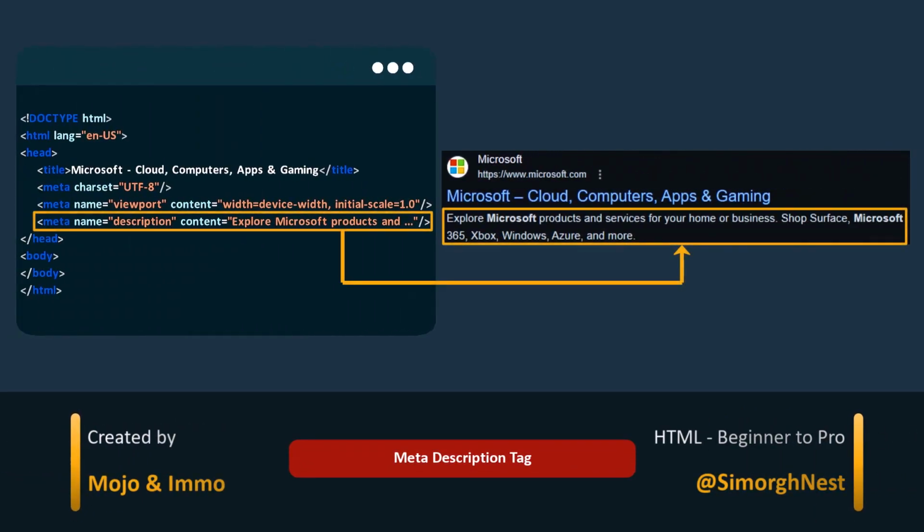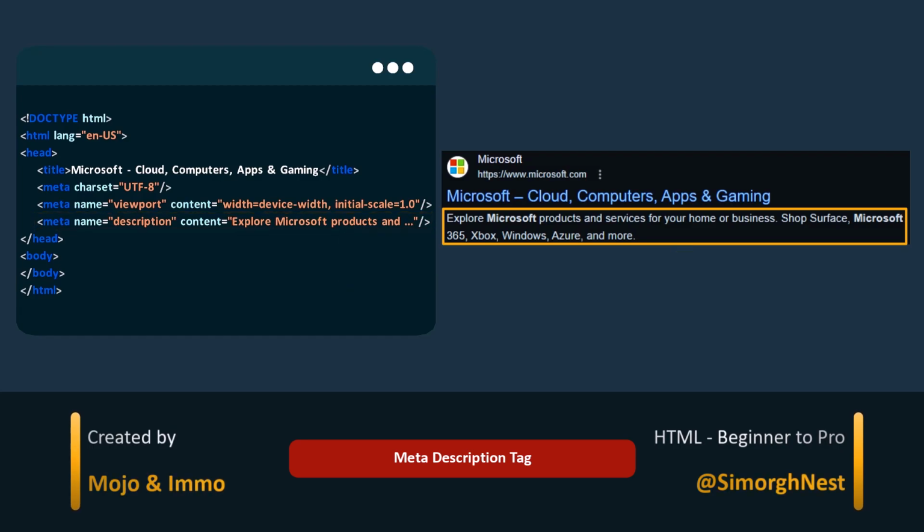The meta description is a brief summary of a web page's content that appears in search results for users to see. It's one of the first things people notice when searching for something, so it's important to optimize that for SEO. A well-crafted meta description can make people want to click on the link to our webpage. In this lecture, we'll understand the concept of meta descriptions and learn how to write an effective one.